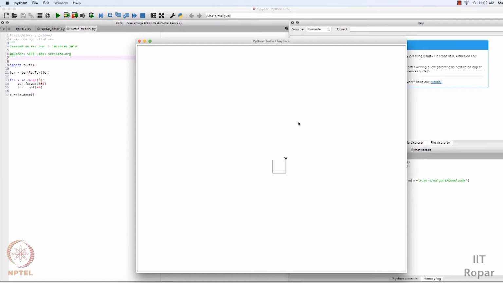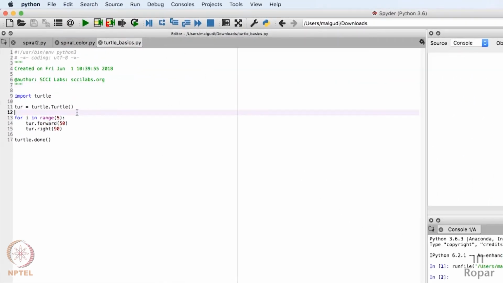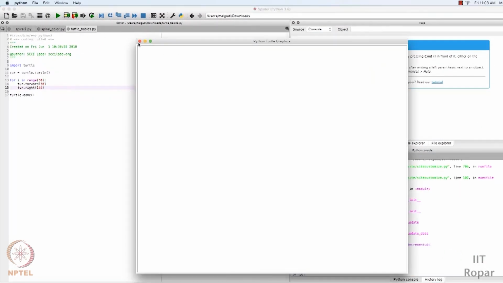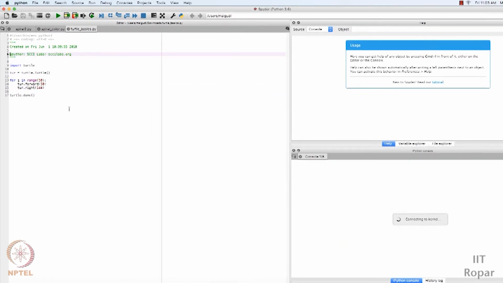Cool. I got my square. See, it's working perfectly. Okay, let's do something else. Let me create a loop of, let's say, 50 iterations, and I will change the angle to, let's say, 144 degrees. Let's see what happens. Something is wrong. Let me run this again.